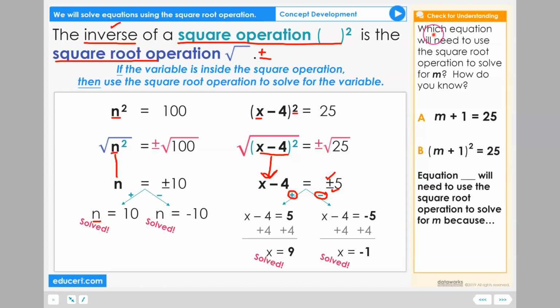Let's check for understanding. Which equation will need to use the square root operation to solve for m? How do you know? A. m plus 1 equals 25. B. The quantity m plus 1 squared equals 25. Equation blank will need to use the square root operation to solve for m because